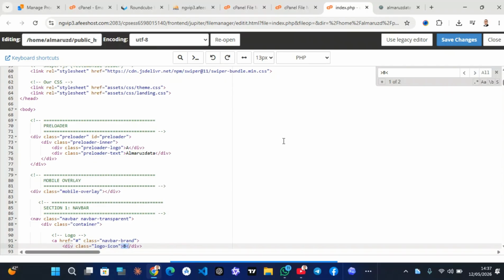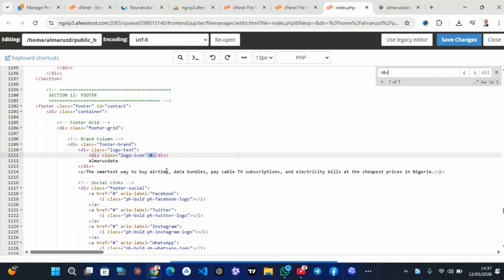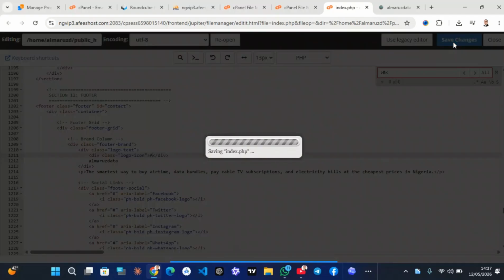Let me go back again, and then recheck this one. You should also change this letter to A, and then change this tag bottom to Almarus. As you can see, I am changing it, Almarus. So Almarus data, it will be appearing. So let me navigate again. This is where to change this one again. You should be typing A instead of this letter B. So now that all these tags have disappeared, all you need to do is just click on save changes,